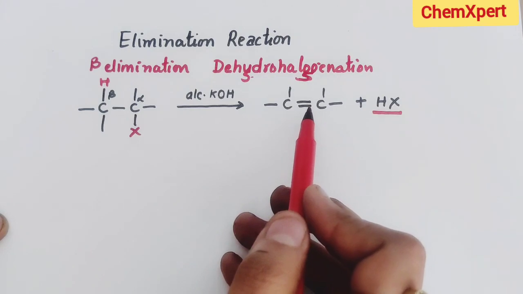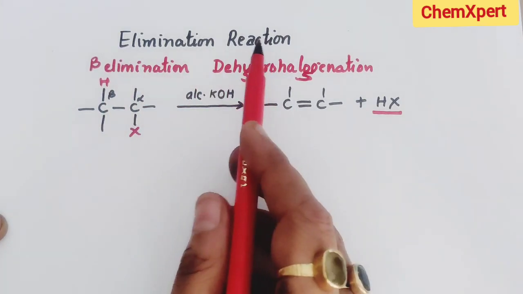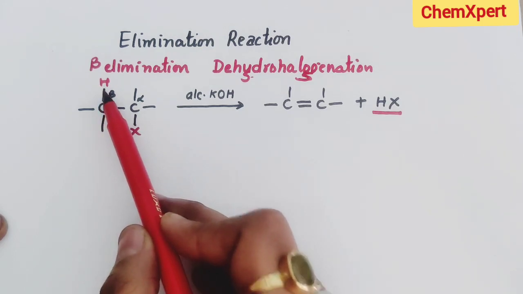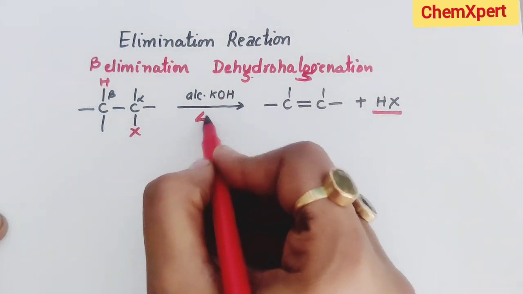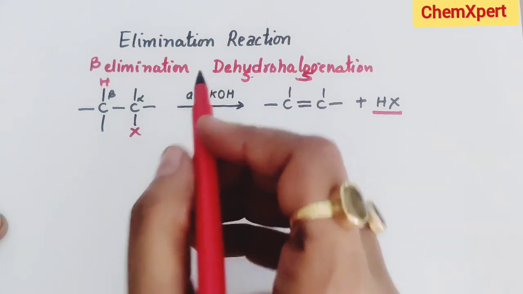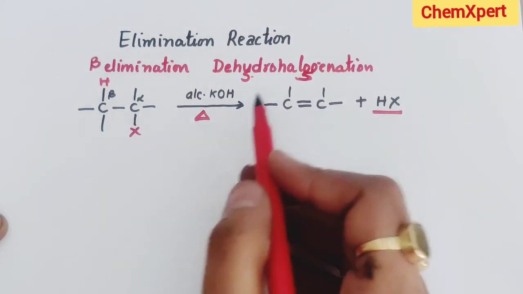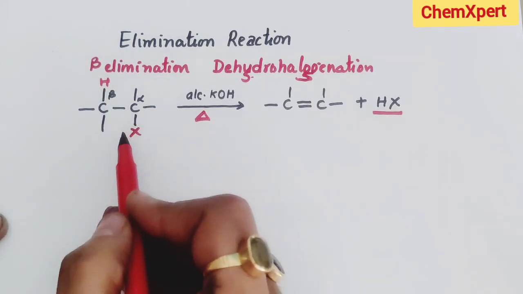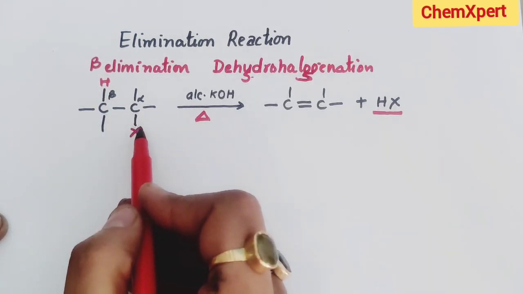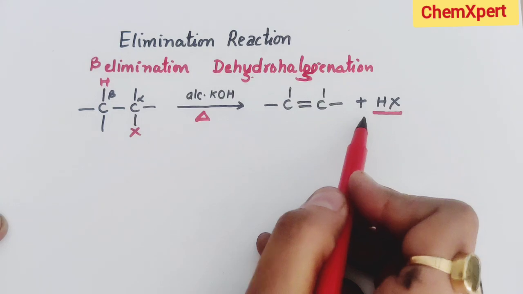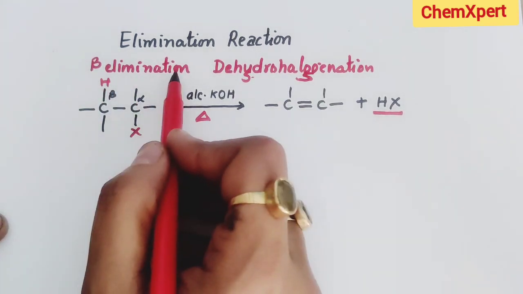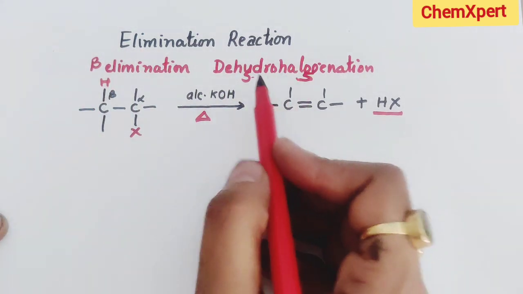When a haloalkane with a beta hydrogen atom is heated with alcoholic KOH, an elimination reaction takes place in such a way that hydrogen from the beta position and halogen from the alpha position are removed and an alkene is formed. Since hydrogen is removed from the beta position, it is known as beta elimination reaction, and one more name for this reaction is